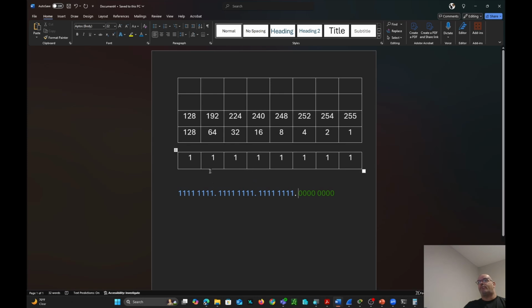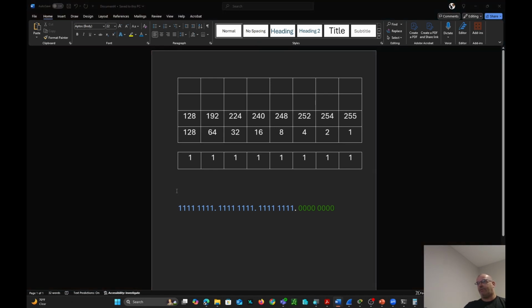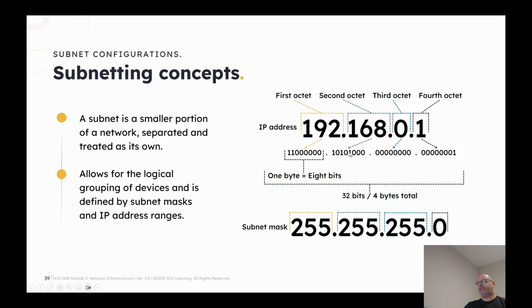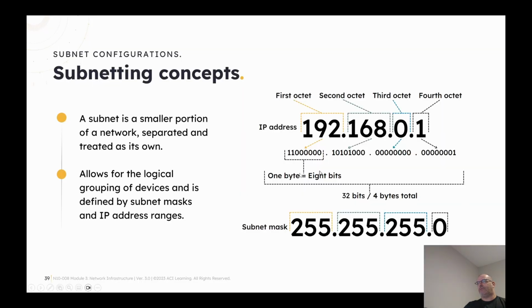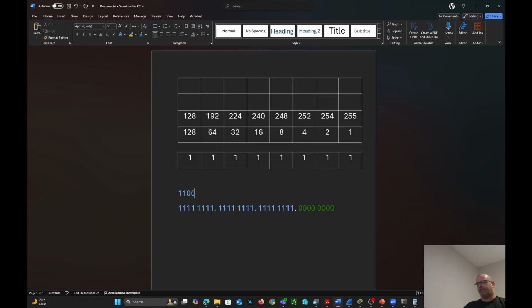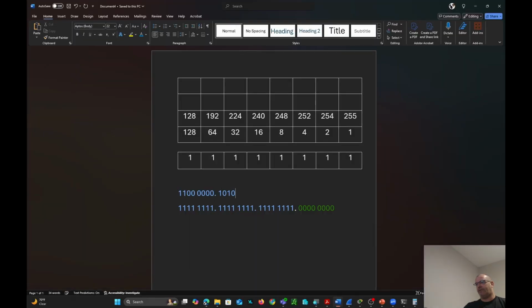So what that basically boils down to is if we take this number right here. So this is our address. Let's go figure out which is the network portion and which is the host portion, okay? So 1100 11 dot 1010